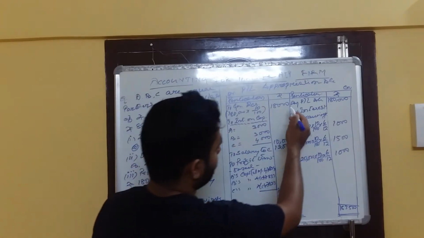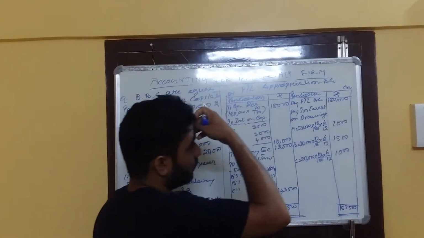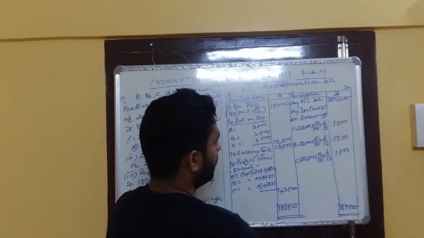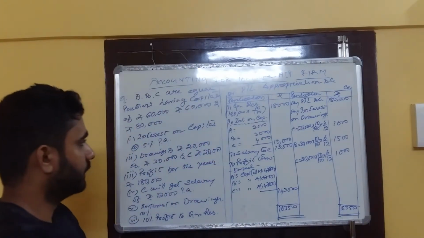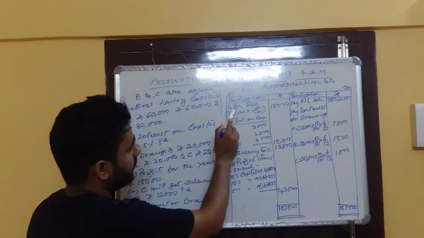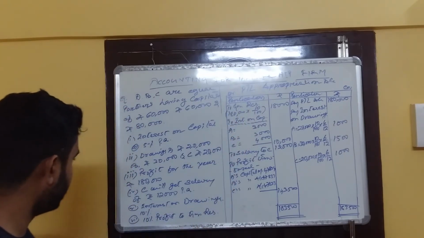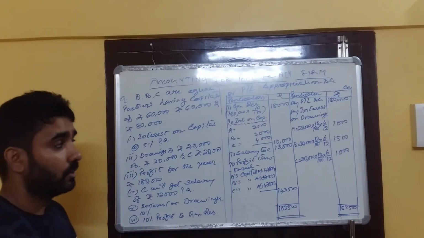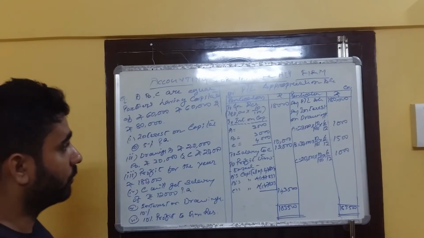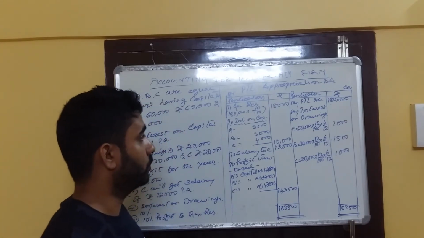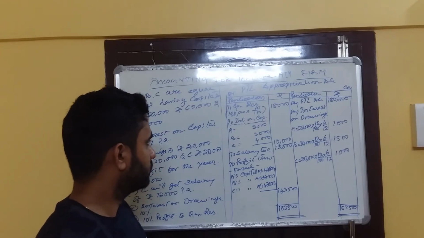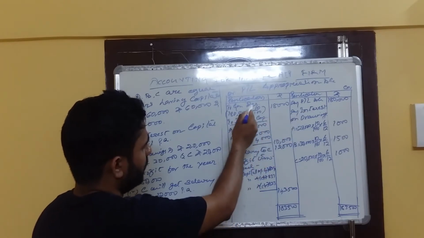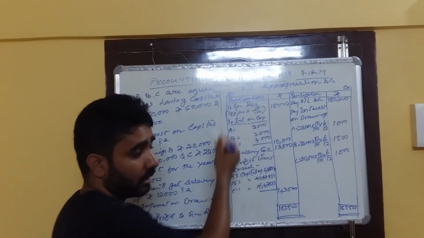So on the credit side we will write profit and loss account. I have written a short form, you can try to write it directly as profit and loss account, rupees 1,80,000. Next, see what I have written on the debit side, general reserve. See where general reserve is given. In the last point they have given 10% profit to general reserve. It means whatever profit is given in this year, from this profit we need to transfer 10% to general reserve. So on the debit side I have written 10% profit. I calculated 10% of 1,80,000 and written on the debit side to general reserve rupees 18,000.